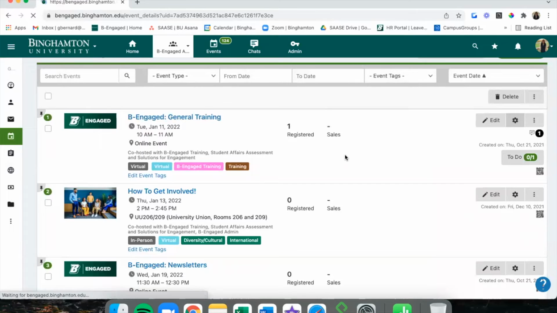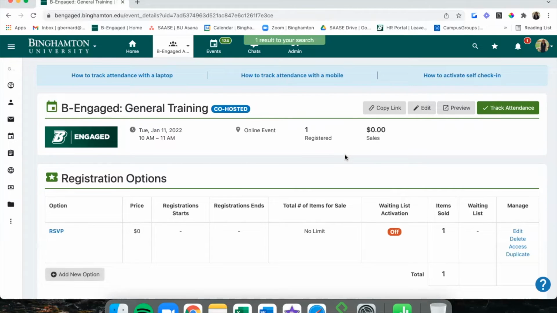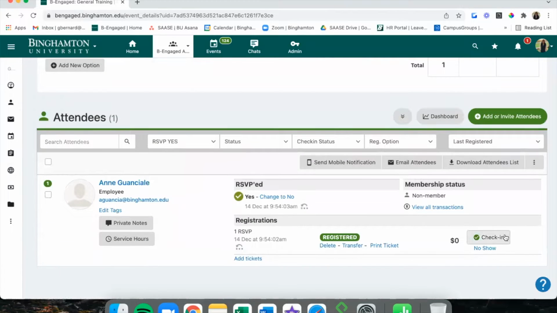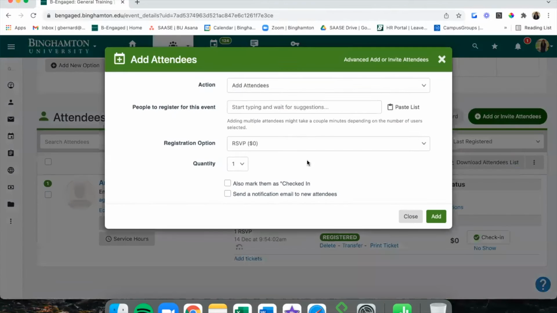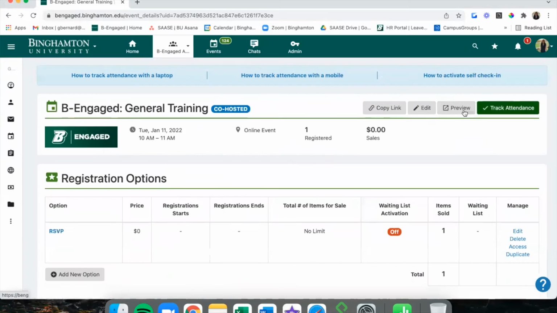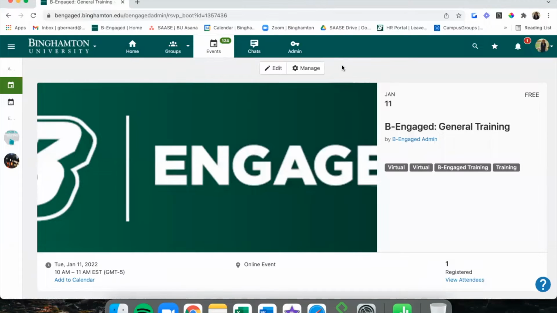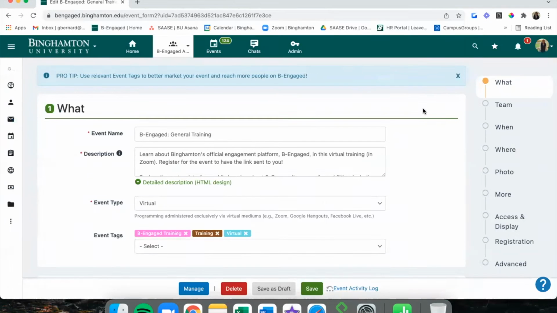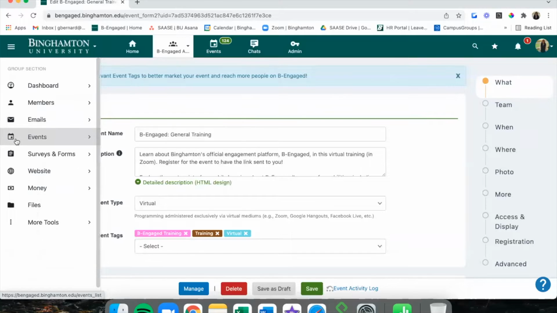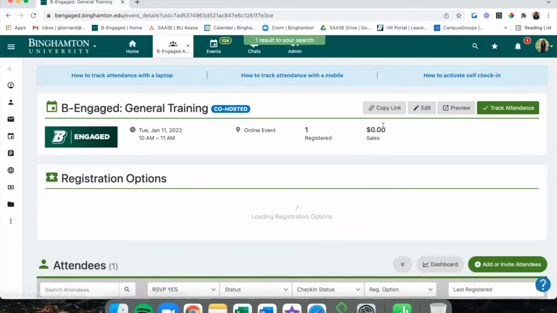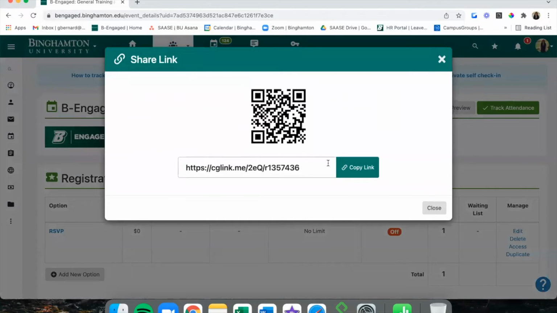This gear button takes you to the manage page for your event, which is just the back end of your event, which allows you to see who's registered, check people in, add or invite new attendees, track attendance, go to your event page, edit your event in your event creation form, and then the last option when you click into your event is that copy link option, which brings up the event link as well as the event QR code.